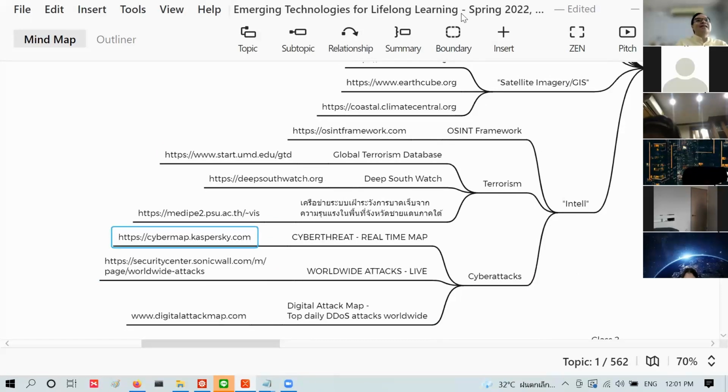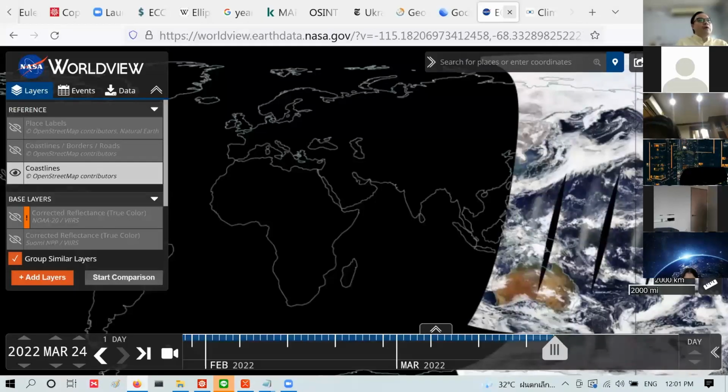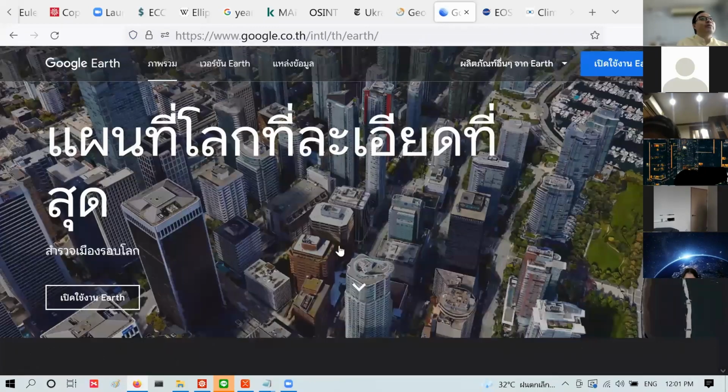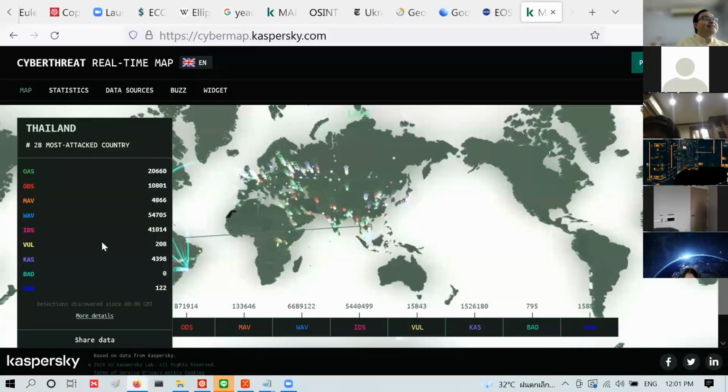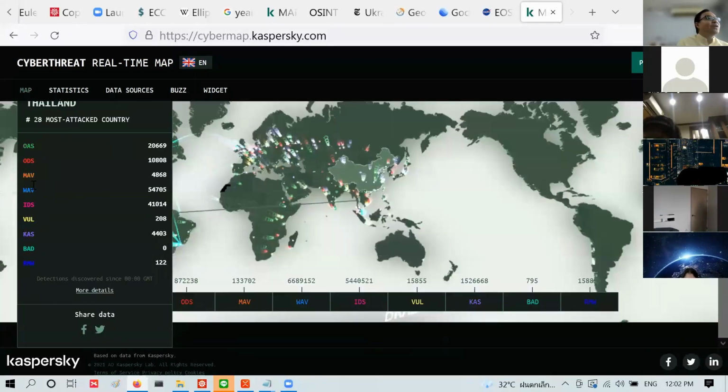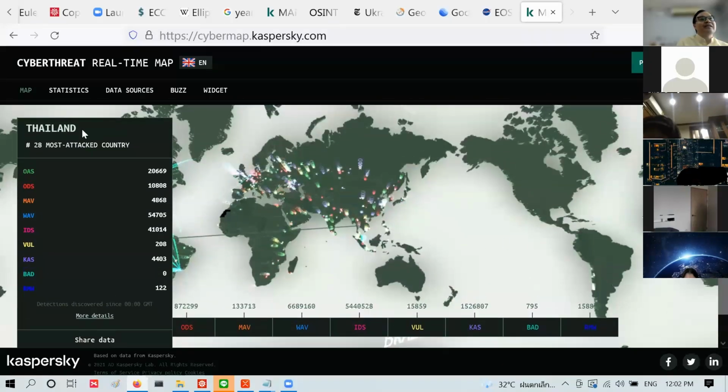This is also another thing that's layers upon layers, built on top of the map of the Earth. So this is live, this is what's going on right now in attack. Each of these lines is a line of attempted cyber attack. I don't know, some of these got through. You can view it flat. So Thailand, this is a different type of attack. You know, DDoS, that's denial of service. That's straightforward to understand.